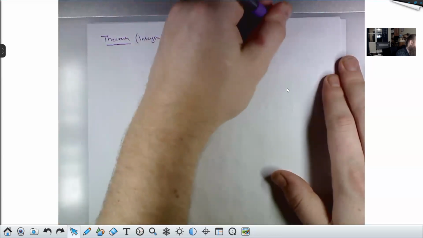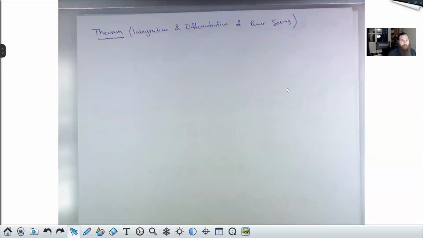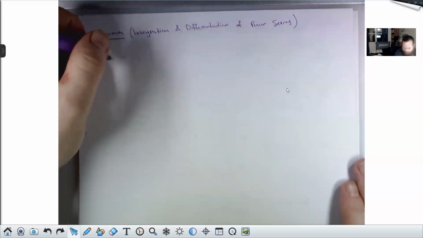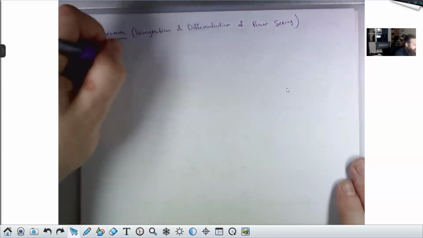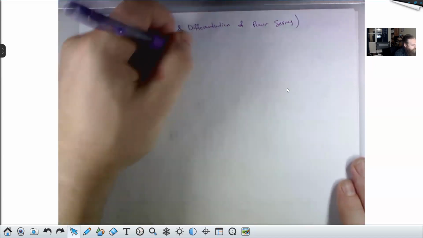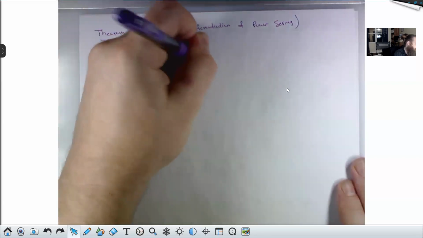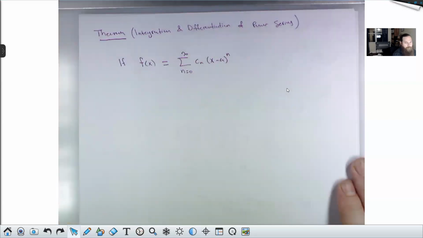Integration and differentiation of power series. All right. A couple ways to say this. If f of x can be written as a power series, sigma n from 0 to infinity, Cn times x minus a to the n, so the series centered at a, then